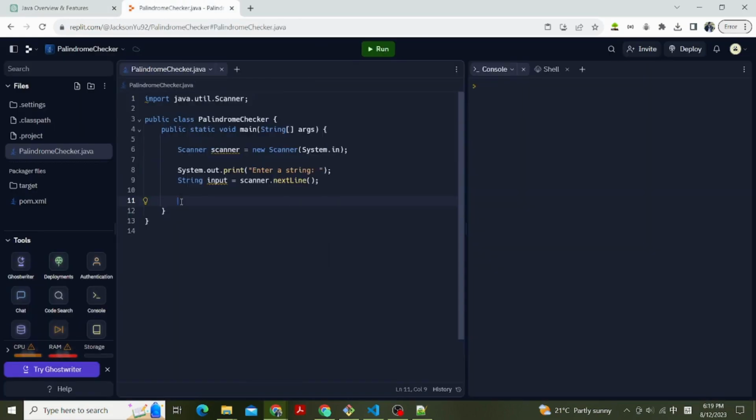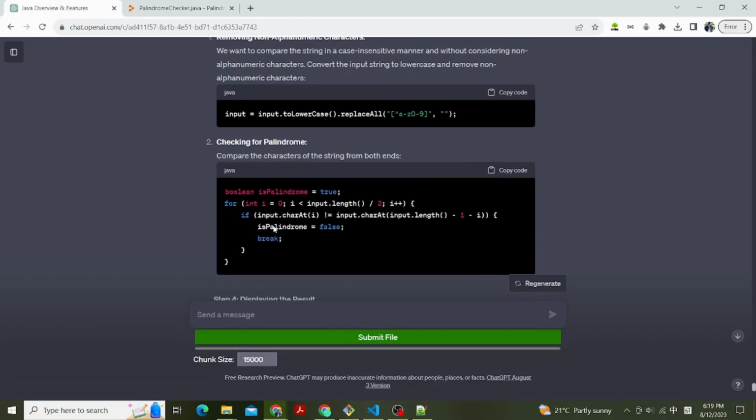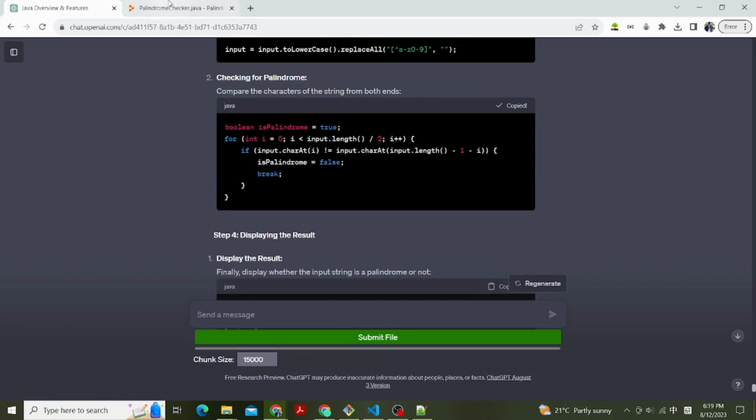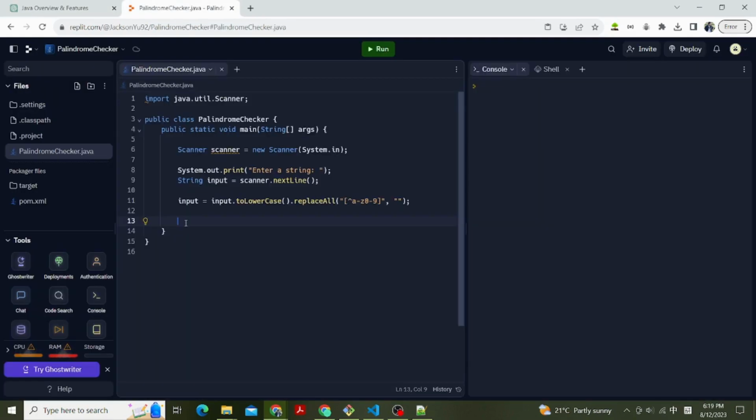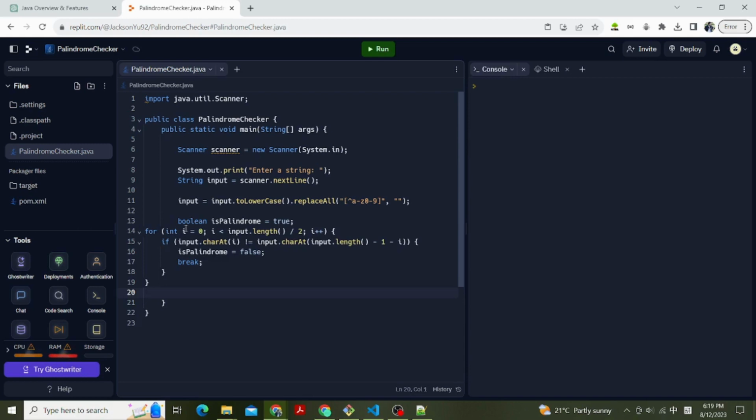Next, checking for palindrome. Compare the characters of the string from both ends. boolean isPalindrome = true; for (int i = 0; i < input.length() / 2; i++) { if (input.charAt(i) != input.charAt(input.length() - 1 - i)) { isPalindrome = false; break;